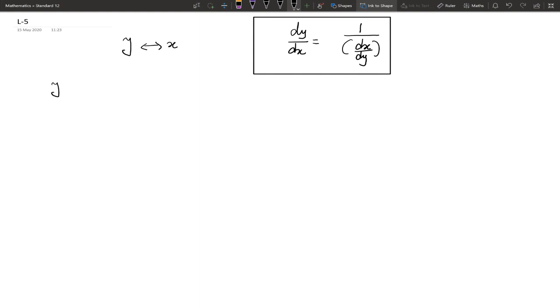You can check this thing. Y equal to f of x. So we know from the definition of inverse functions, x equal to f inverse y. Thus you can observe f and f inverse are inverse functions of each other. So x and y are inverse functions of each other. In such cases, dy by dx equal to 1 upon dx by dy.